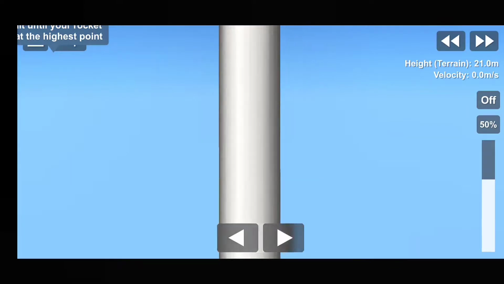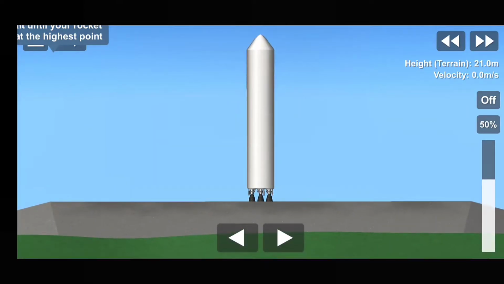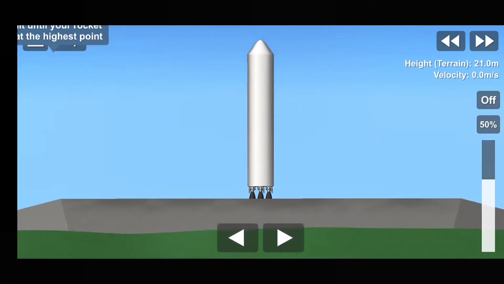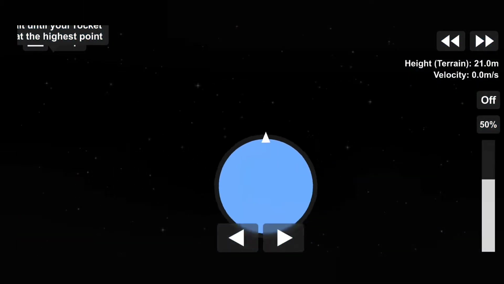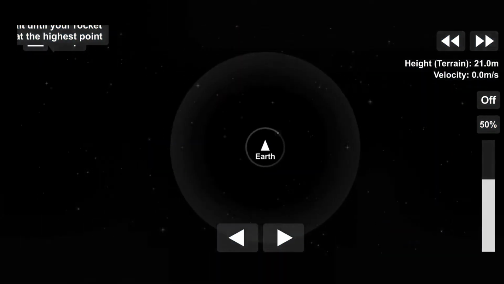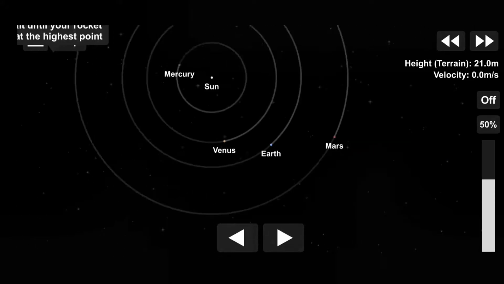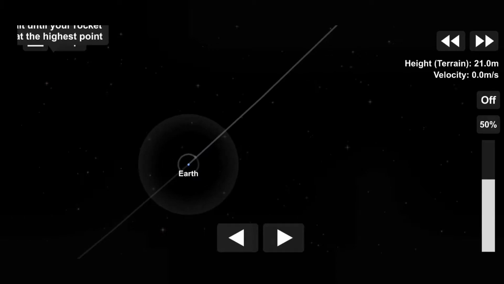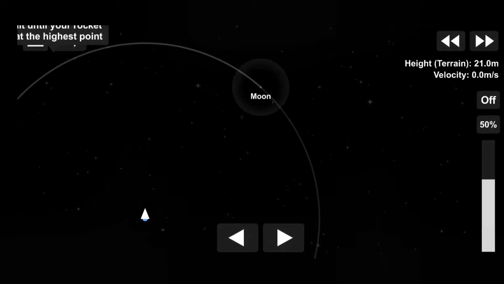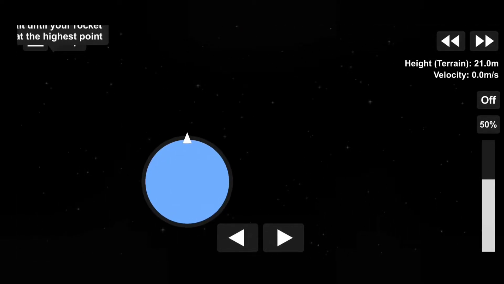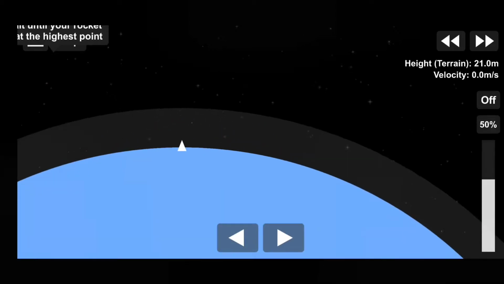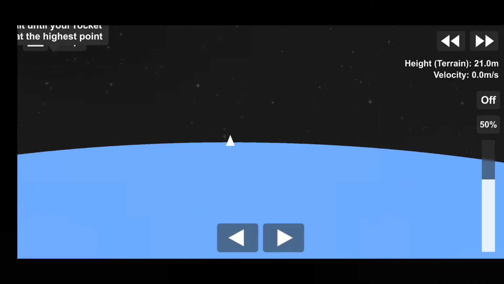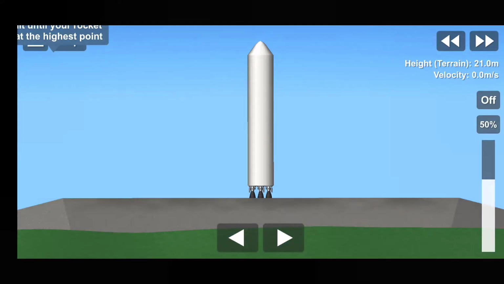Now our rocket is ready and in the flesh. This looks like something. And this is our planet Earth, and our mission is to go to the moon. We can go way further into different planets of the solar system and even the sun. This is going to be covered in another video in which we try to land on the surface of the sun. So let's try and land on the surface of the moon, or crash into the surface of the moon.